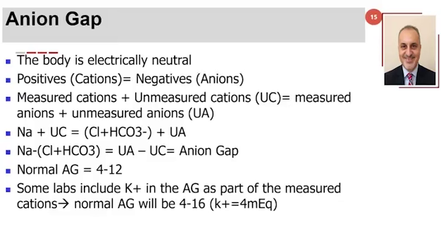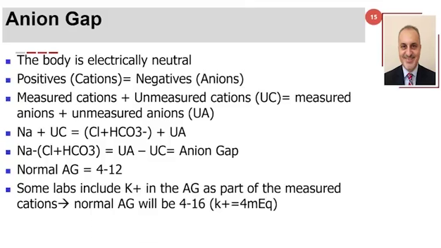Now we go back to basics. Your body is electrically neutral. Usually your body supposedly has a normal pH, and supposedly the positives in the body are equal to the negatives. Now we call the positives cations and we call the negatives anions. Each of those cations and anions can be measured and unmeasured. And when we say measured or unmeasured, it means whether we measure them routinely or not, because nowadays basically we